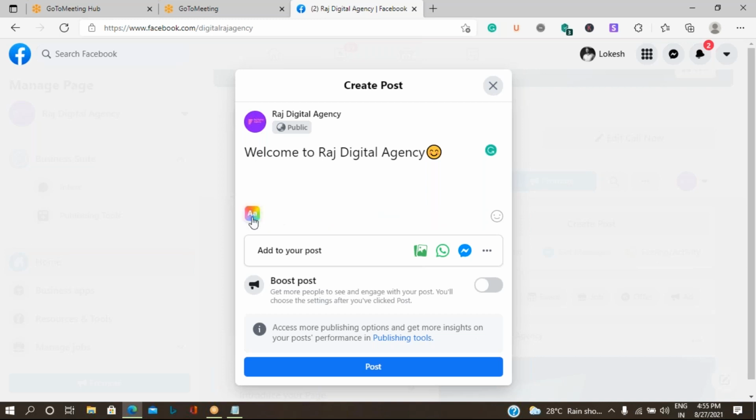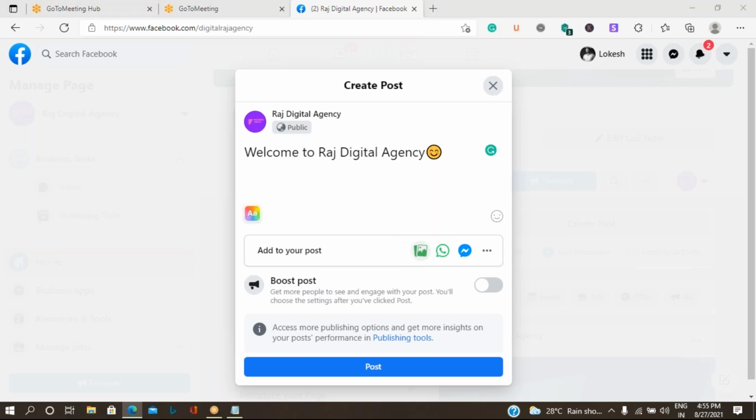So you can minimize this, and now you can see that you can select the photo or video option. Okay, so these are the types of post. The first one was general text, second one was hybrid text post, the next one is photo or image.